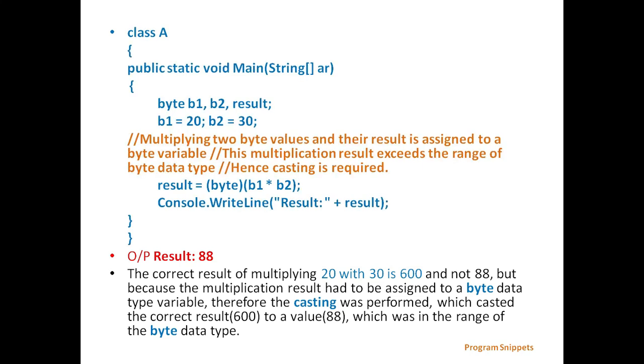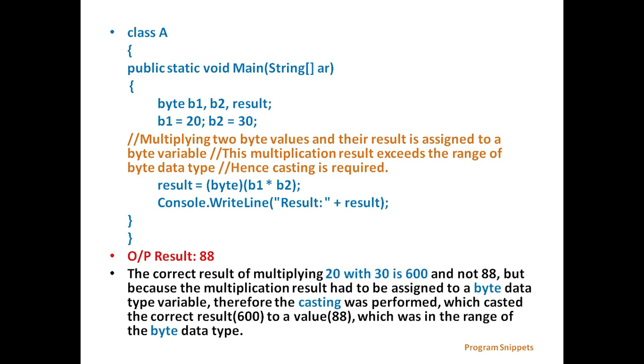Here class A is defined with main method in which three variables are declared as b1, b2 and result of type byte, and b1 is assigned with 20 and b2 is assigned with 30. When we want to store multiplication of b1 and b2 to result, we have to use casting since multiplication result exceeds the range of the byte data type, and when we execute this code it will generate the output as